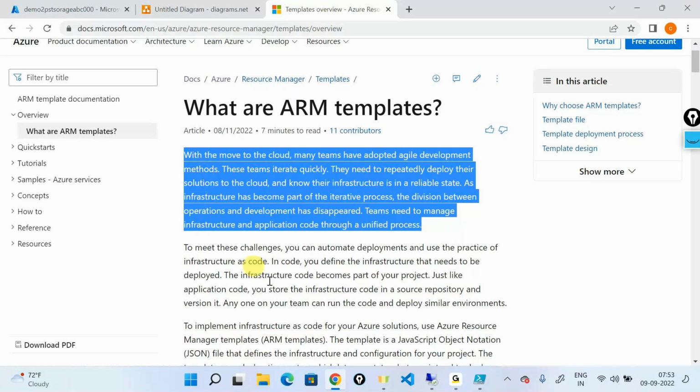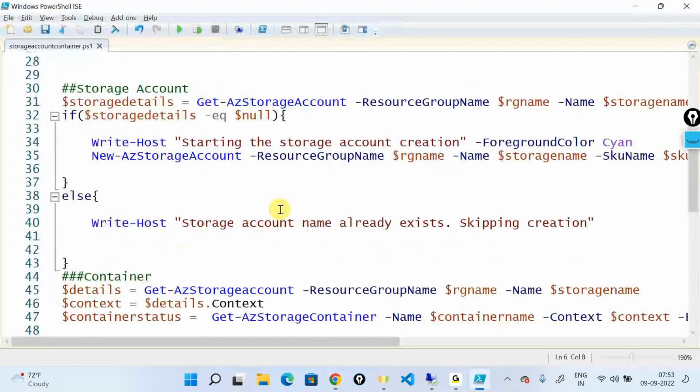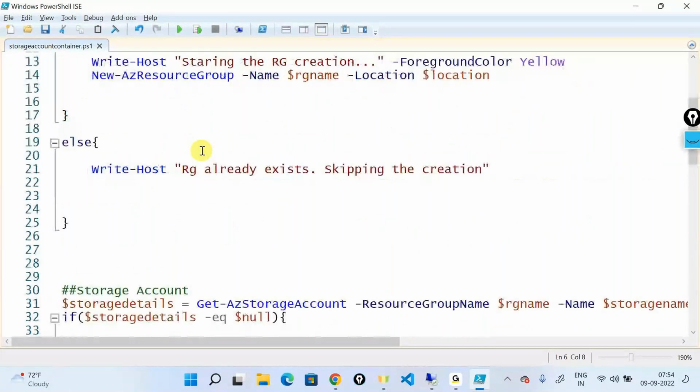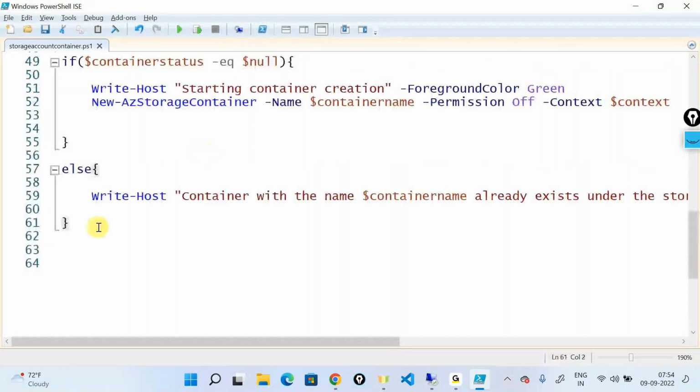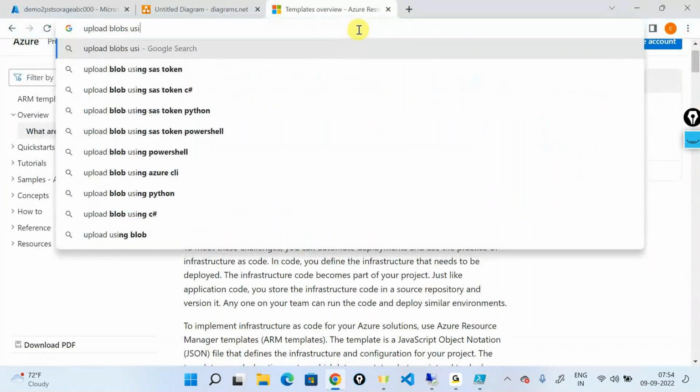All right. And before that, one more requirement that I do have is that today I went ahead and created a storage account if not existing, resource group if not existing, container if that's not existing. Can you take this entire script and at the bottom also tell me how do you upload blobs inside the container using PowerShell? Just try to Google it. Let's try to Google